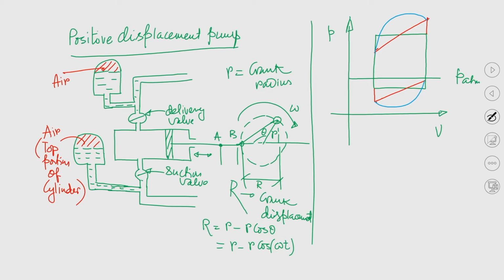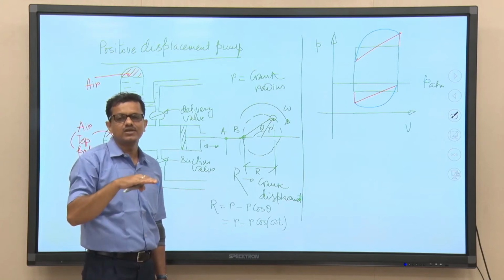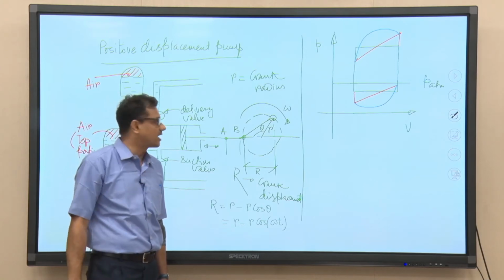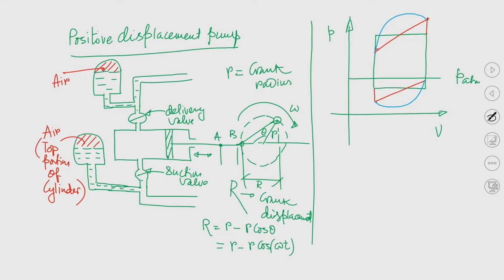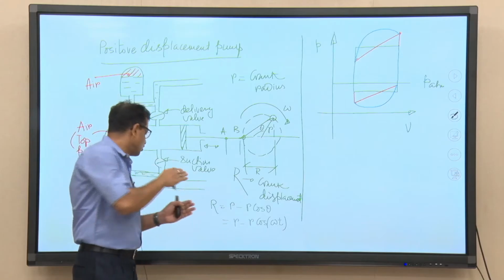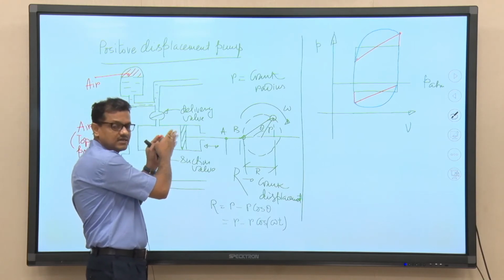So, eventually pressure inside the cylinder should be below the atmospheric pressure, which is acting on the liquid surface or liquid level in the suction tank. So, because of this reduction in the pressure inside the cylinder at the beginning of the suction stroke, you can understand a large pressure difference will be created, and because of this large pressure difference, liquid will have acceleration through the suction pipeline as well as some part of the liquid mass that is there inside the cylinder.